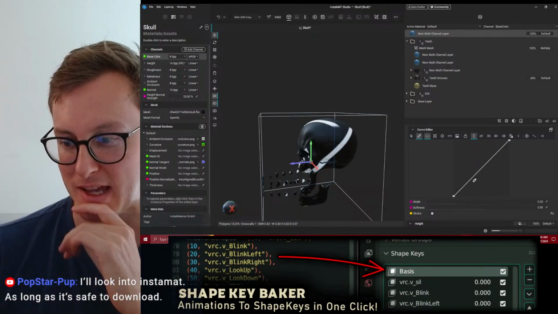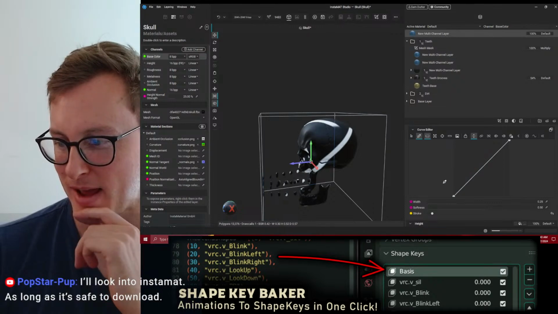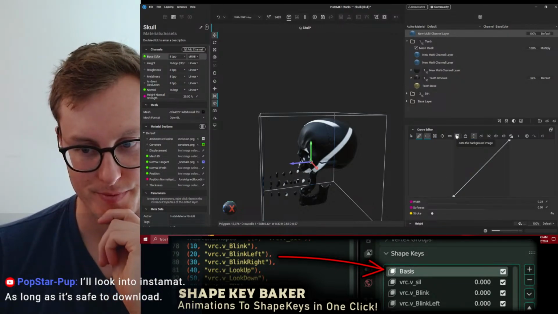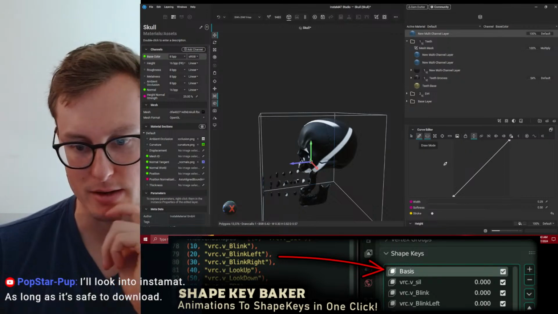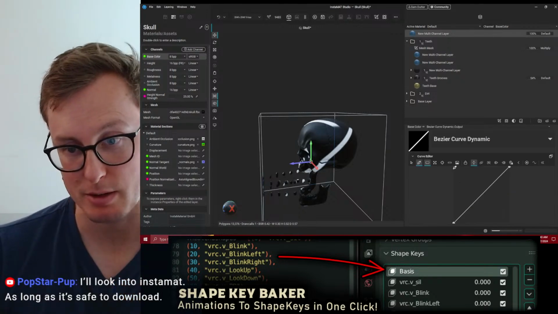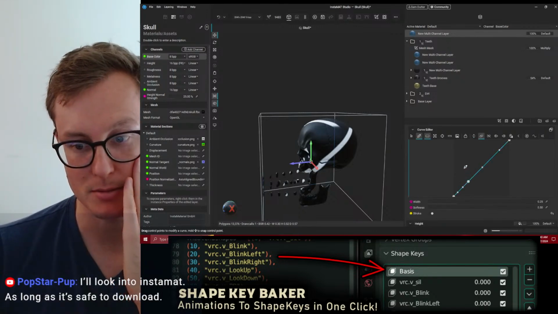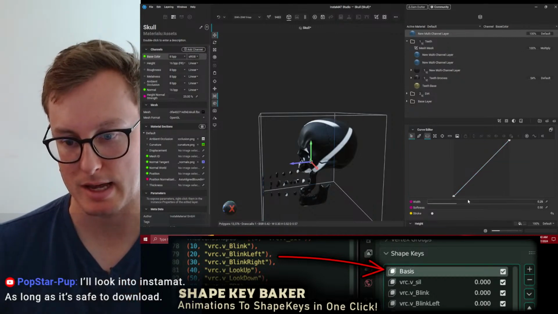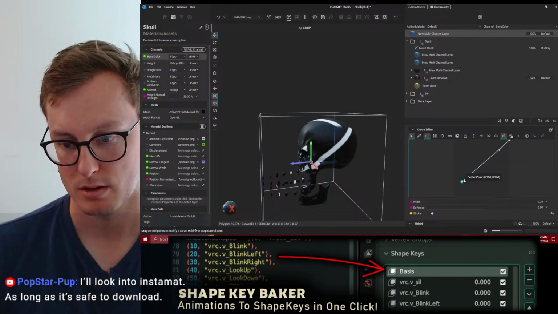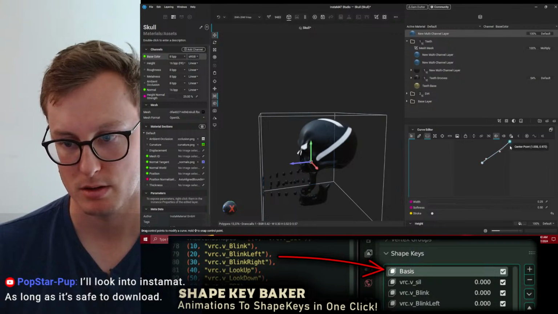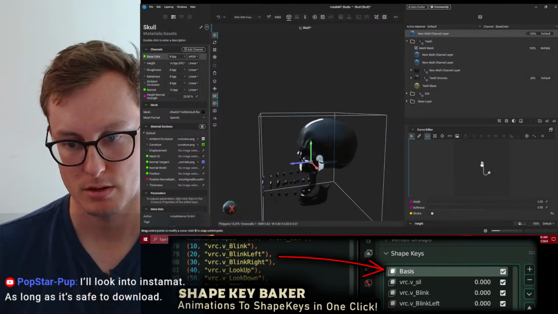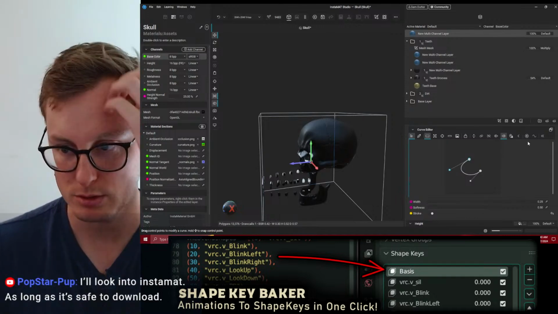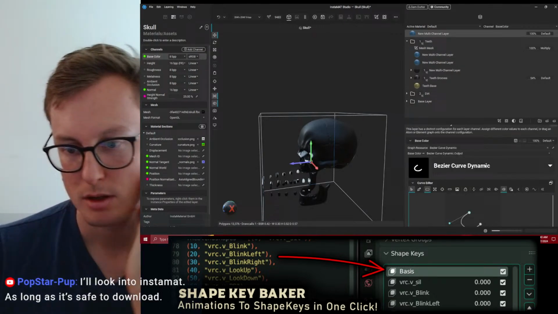And it's been a lousy king. Look at InstaMat as long as it's safe to download. I mean, don't feel pressured to. It's fun, but again, Substance Painter is a great program. I don't have anything against Substance Painter at all. I think that's a fantastic program. But I cannot do a 3D version, can I?